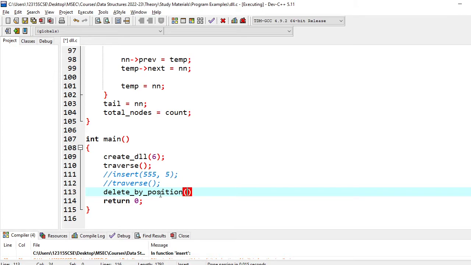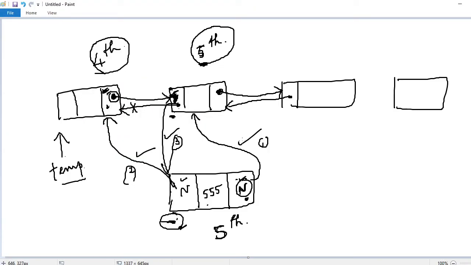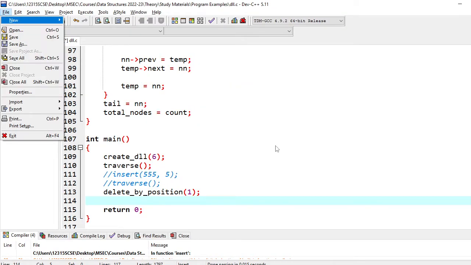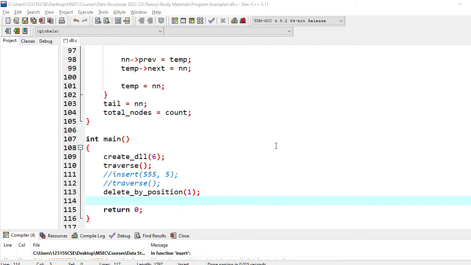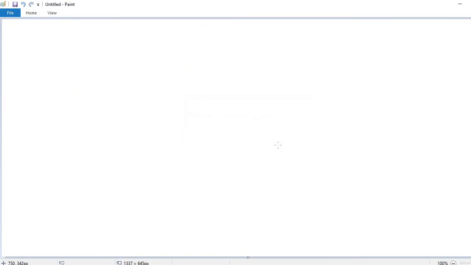This function, if you put a 1 function, that means you are deleting the head node. Okay. Say if you are deleting the head node, let's assume that I have a node